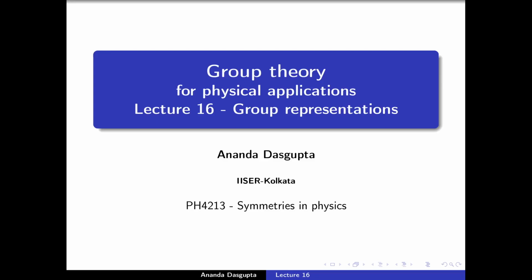As we have been saying over and over again, there are many situations where representations that occur naturally in a physical system are reducible. That is, you should be able to find a change of basis in which the representation matrices will become block diagonal, or in more geometric language, the actual vector space on which the group is acting consists of many subspaces which are individually invariant under the action of all the elements of the group. And it is these invariant subspaces which carry a lot of information about the physical implications of the symmetries that